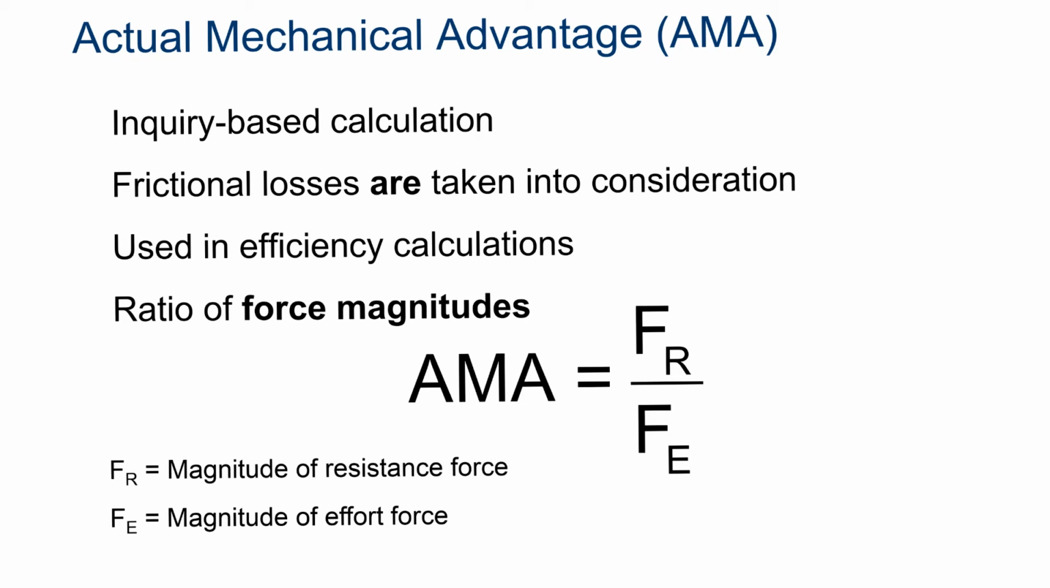Mechanical advantage, that is where friction losses are taken into account, and that's going to be the magnitude of the resistance force divided by the magnitude of the effort force. So if you look,